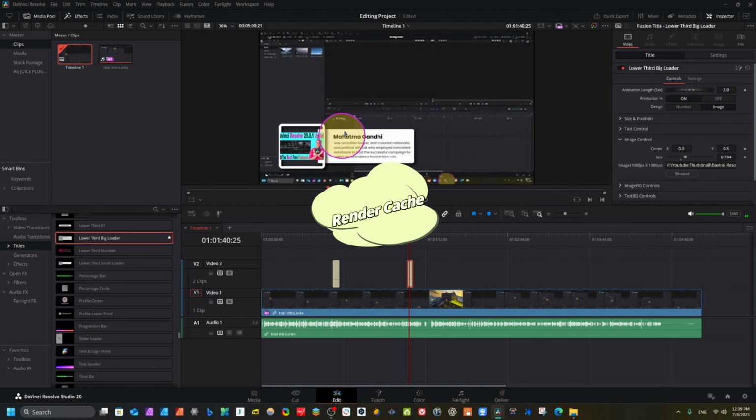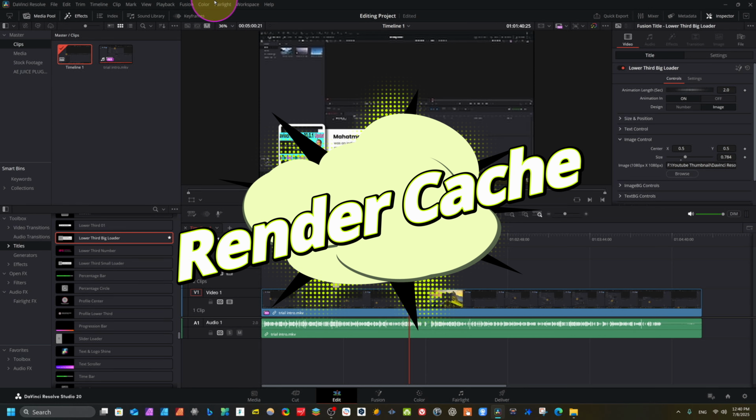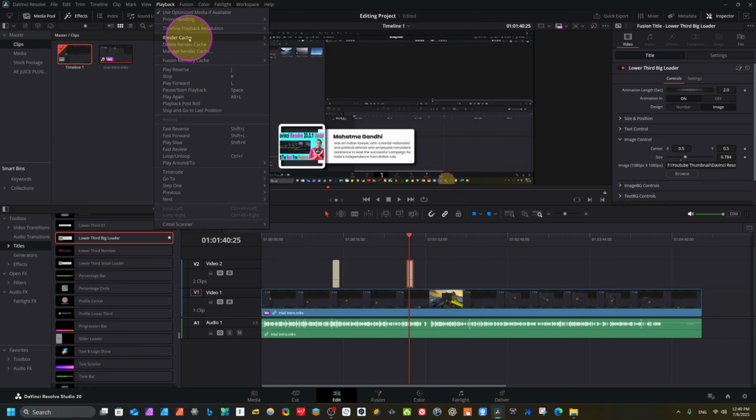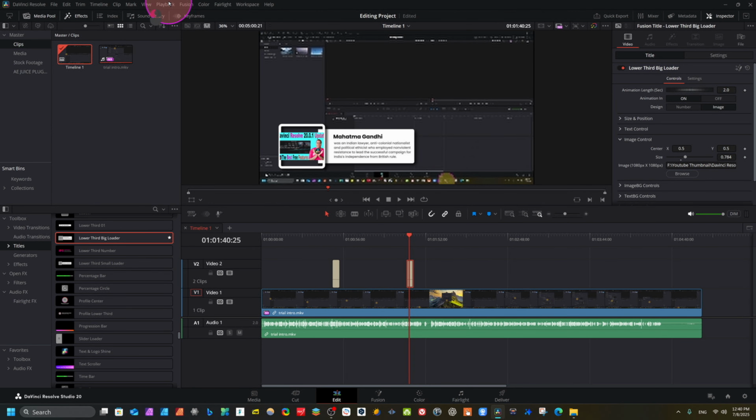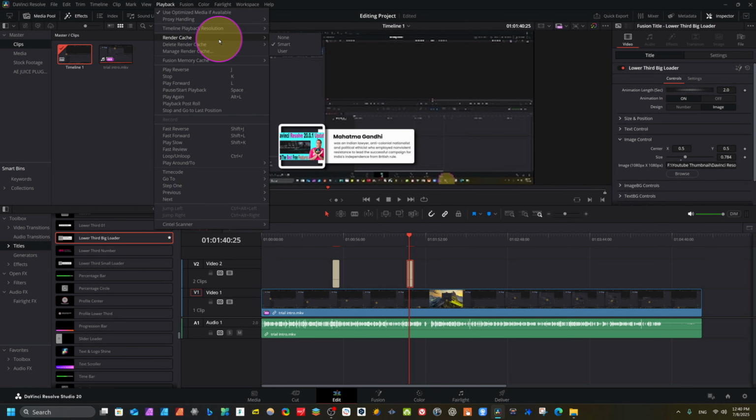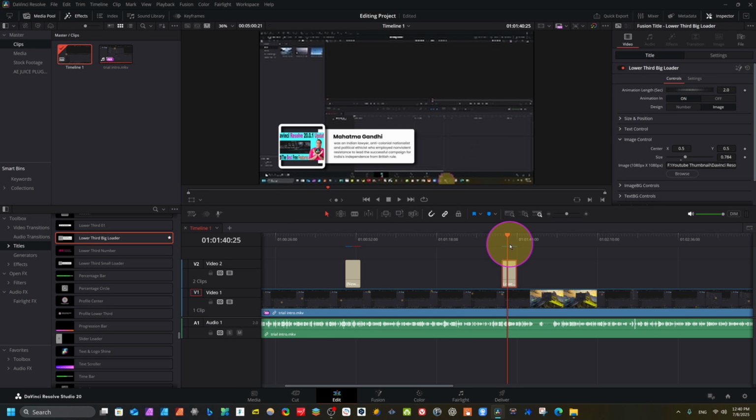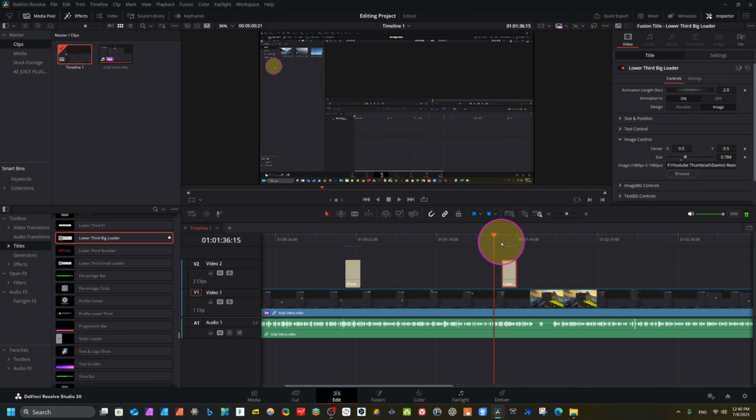When you have such type of heavy effect, you use plugins etc, come here to playback. In playback, come here, you see render cache. The smart is default here. When you click here, playback, in playback, render cache is smart. It's the default, it means DaVinci Resolve will automatically decide, and it's not good. The performance of your timeline will be very bad. Come here, always we will use this user. You see here, user, just click here, user. Now you can see here green line here, it means it's in our control now, in our hand we are controlling, and it's rendering now.